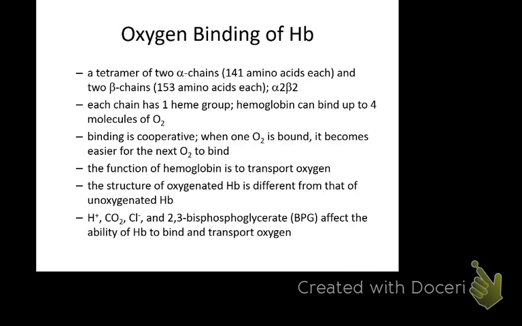Okay, there are also other cofactors that can help make it either easier or more difficult for the oxygen to bind hemoglobin. H+, which is the fancy way of saying pH, right? So pH is just a concentration of H+. Carbon dioxide, not carbon monoxide. Carbon monoxide will affect the oxygen binding, but it's because it won't allow oxygen to bind at all. Chloride anion, which I don't know if the other lines came through. And then BPG,